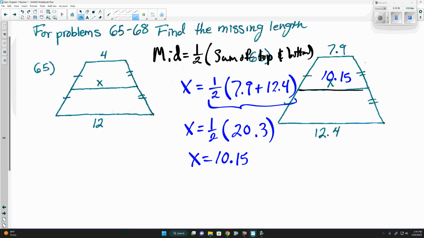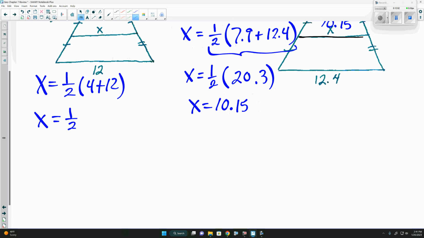And again, the mid-segment's length should be between the other 2 sides. So the mid-segment here should be between 7.9 and 12.4. If we find one of the sides, it should either be bigger or smaller than the corresponding mid-segment. So for 65, we should expect whatever the value of x to be between 4 and 12. So if I get 16, that's not the correct answer. The mid-segment has to be between them. So half of 4 plus 12. Well, 4 plus 12 is 16, and half of 16 is